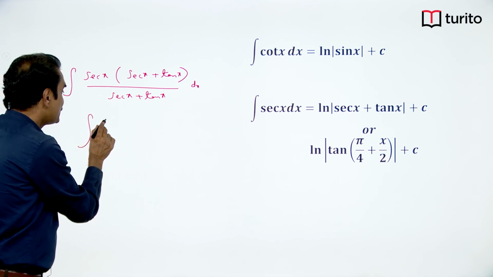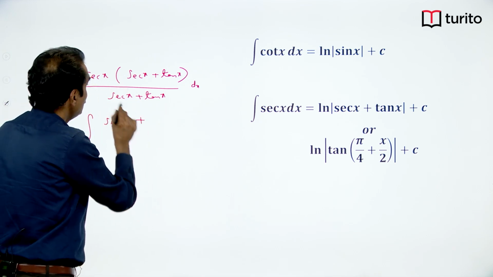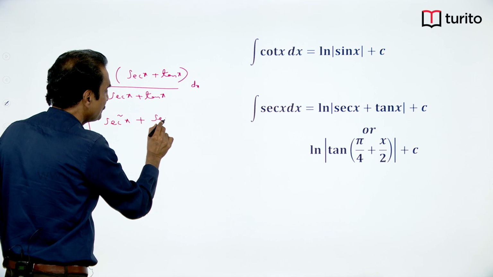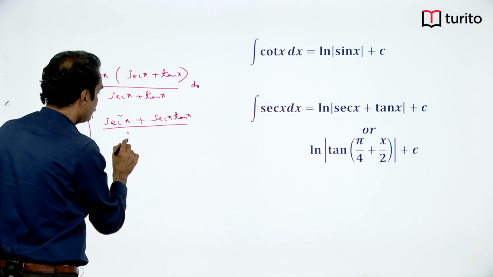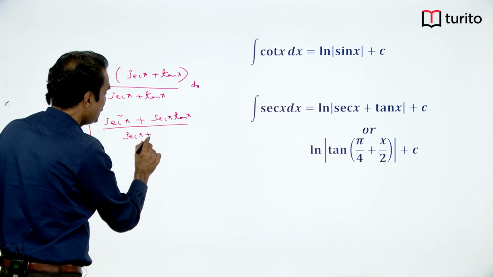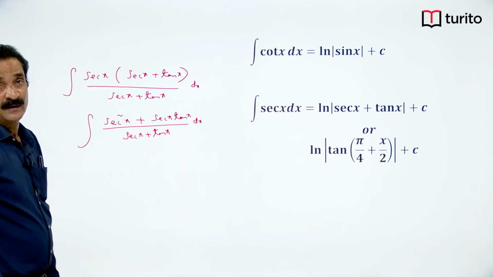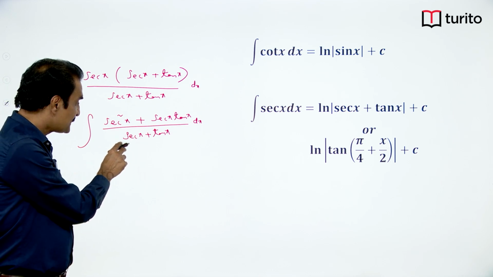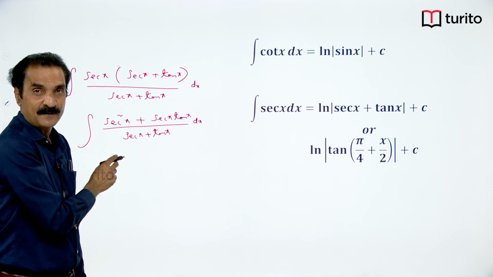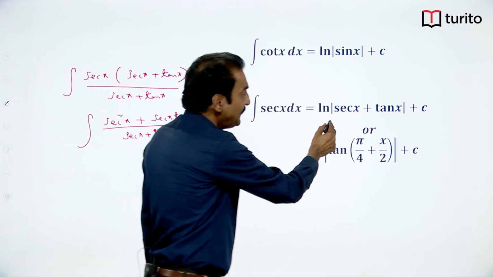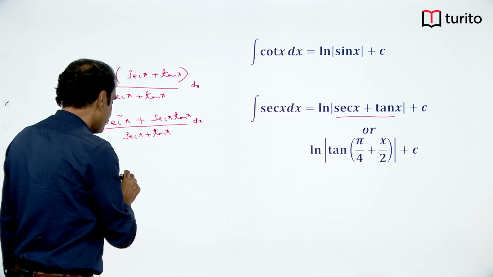Now the numerator is secant square x, this into this, plus secant x into tan x, by secant x plus tan x. Now observe, the derivative of secant x plus tan x is secant x tan x plus secant square x. It is f dash x by f x. What is the integral? Ln mod f x. Now this secant x plus tan x